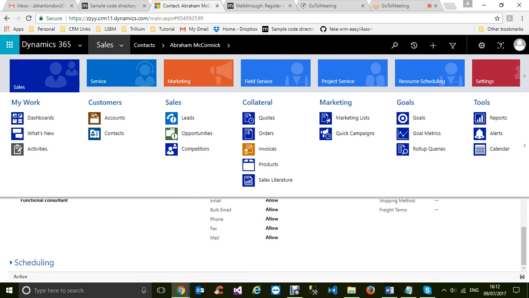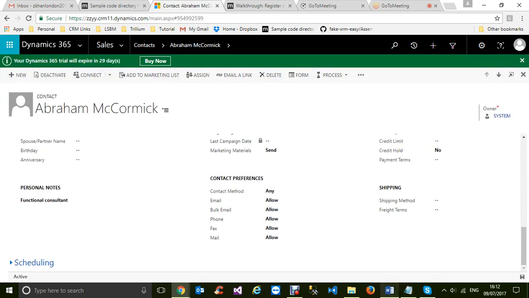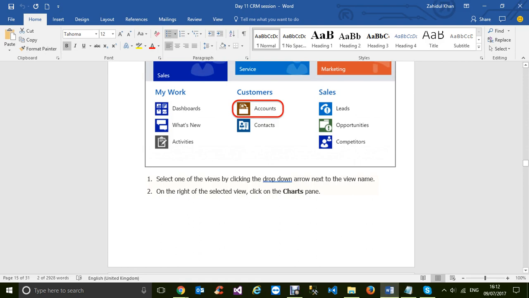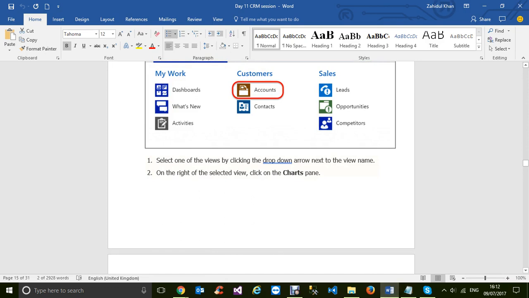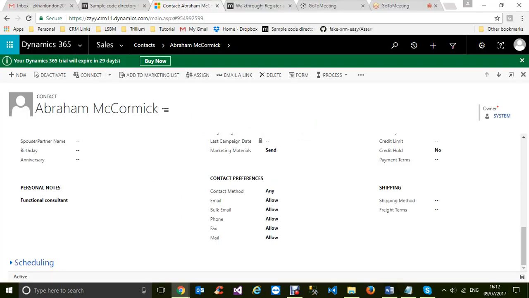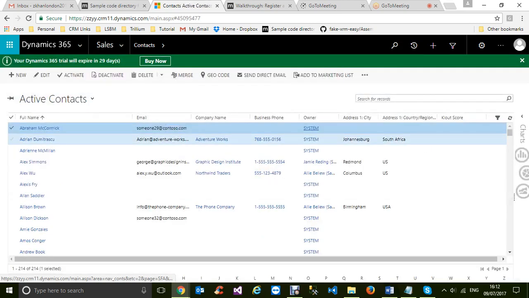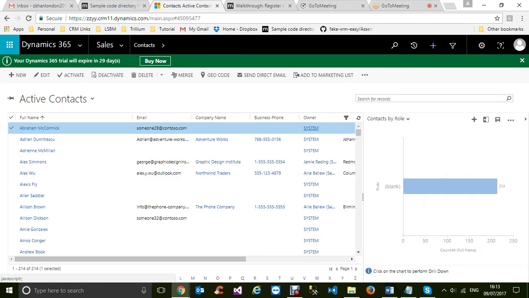So it's written here, not directly from the menu, but you have to open one of the entities. It is clearly explained here: select one of the views by clicking the drop down arrow next to the view name. On the right of the selected view, click on the chart pane. So it is here. For example, you went to contact and you can see the contacts view. Active contacts view, and here you can see charts. If I click this arrow to the left,